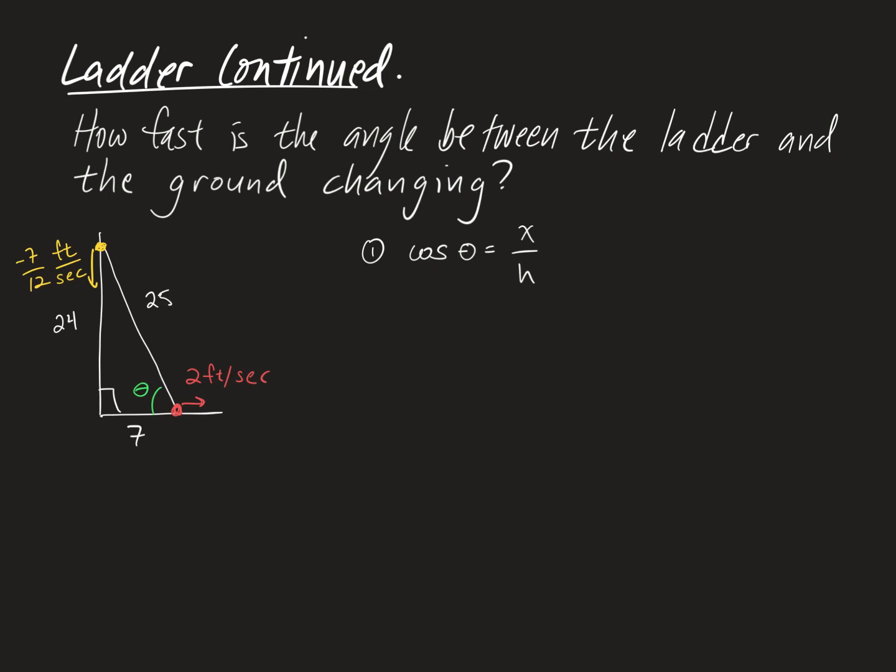Now, what are we going to substitute in for those variables? We will bring back all of the values we had from the last slide. Remember, this was x down here and y over here, and I called this h for hypotenuse. And what we're trying to figure out is dθ/dt. Now in this part of the example, I don't know what theta is. We could figure it out, but also it's not going to matter